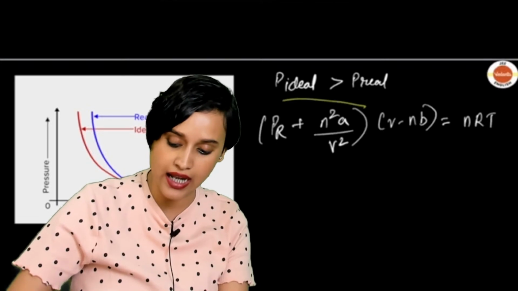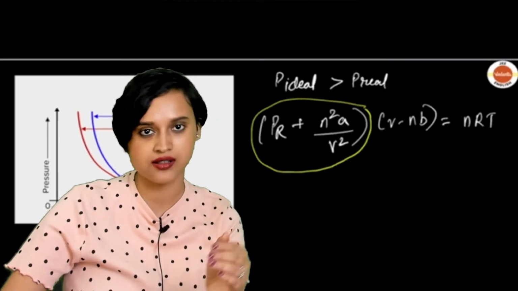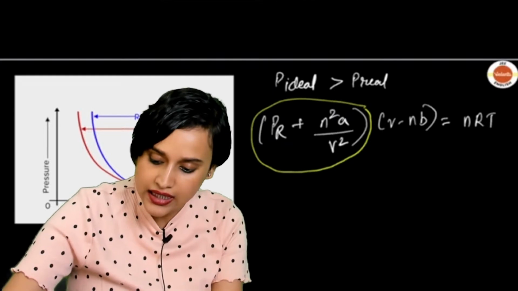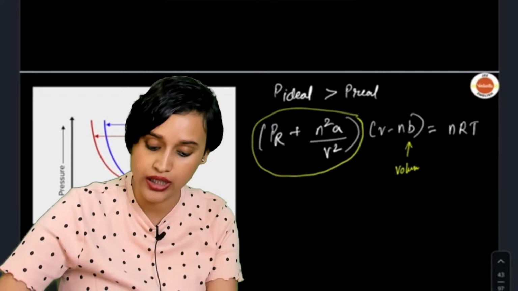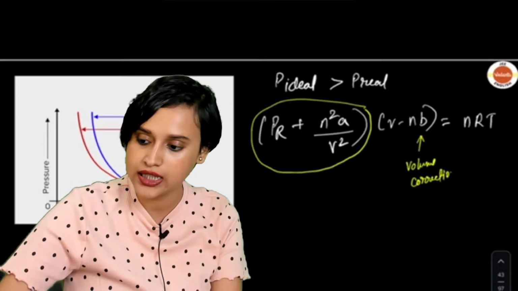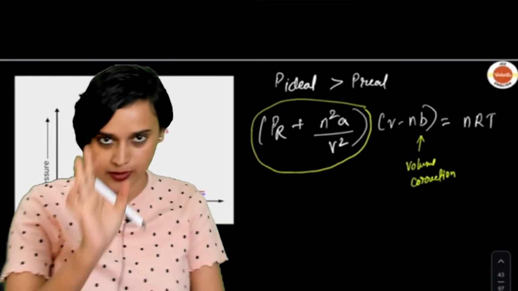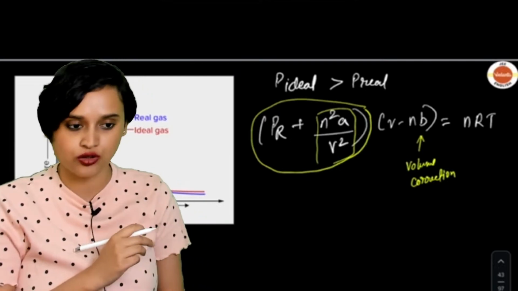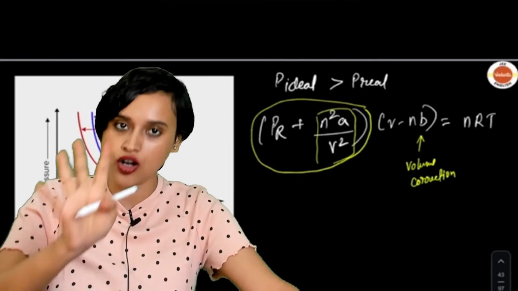Now you have to understand that this part is the what? This part is completely for ideal gas. Okay. And this part is the right here that you see, this is your volume correction he has done. Okay. What has he done? He has done volume correction. Okay. This is your volume correction. Miss Patil, you will understand. You will understand, everybody. Don't worry. This is a correction that he has given. All right. Now you just have to understand, nothing much. Don't worry about this n square and all. It will all go away.